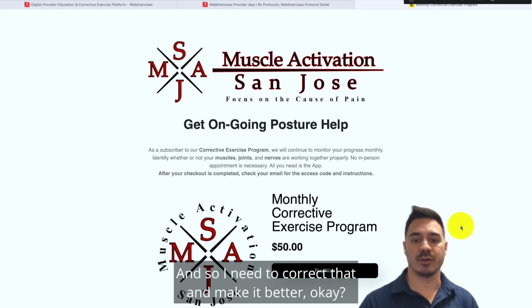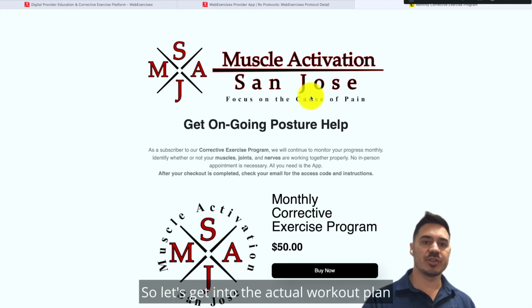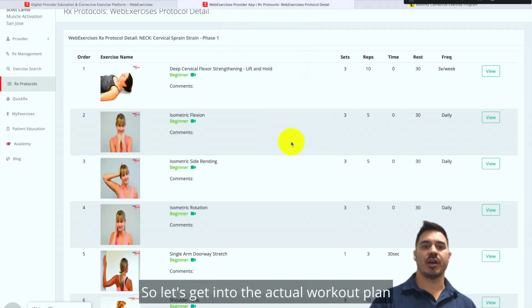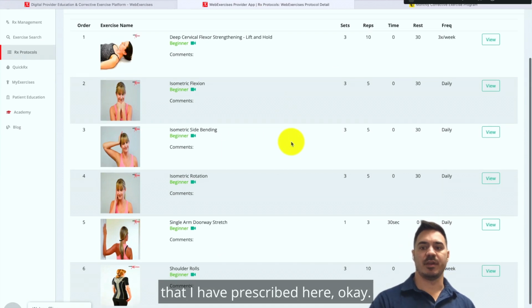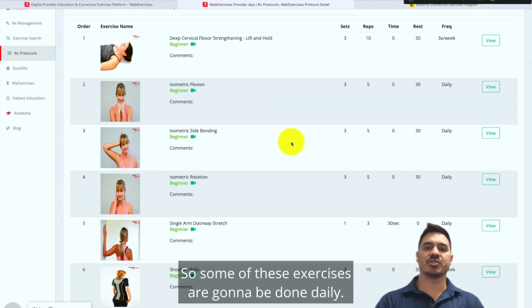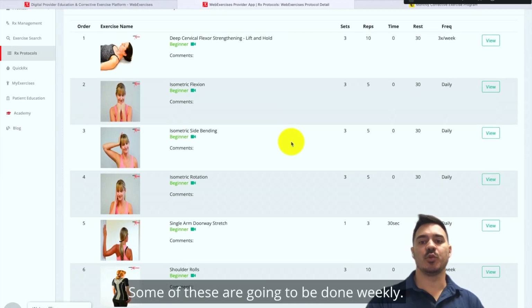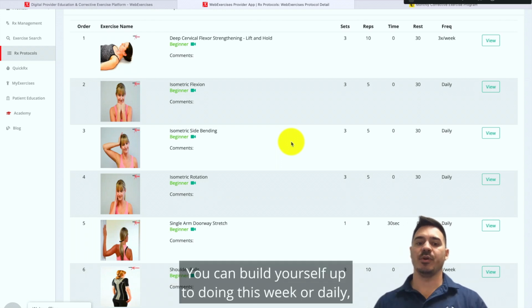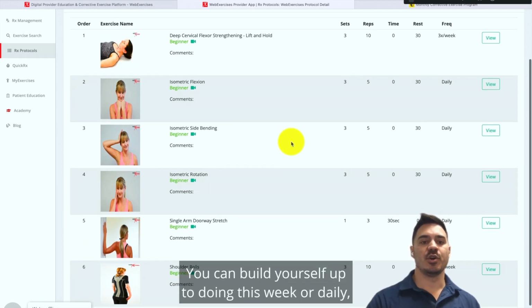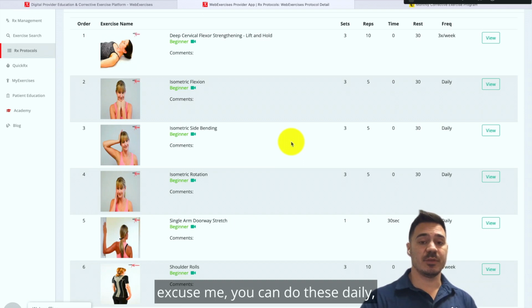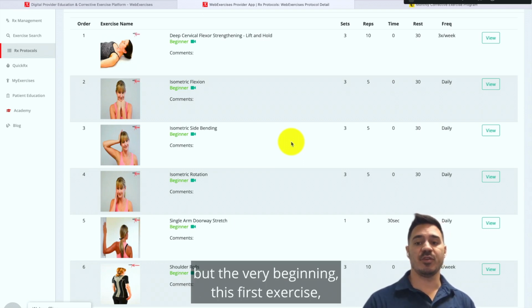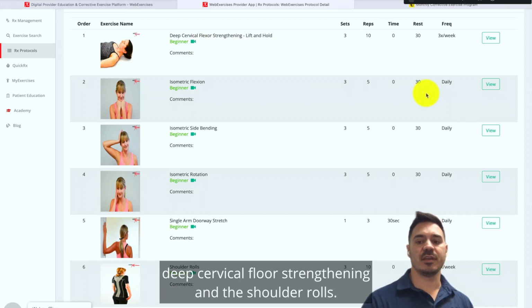Okay, so let's get into the actual workout plan that I have prescribed here. Some of these exercises are going to be done daily, some of these are going to be done weekly. You can build yourself up to doing this daily. But in the very beginning, this first exercise, deep cervical floor strengthening, and the shoulder rolls, let's just stick with it